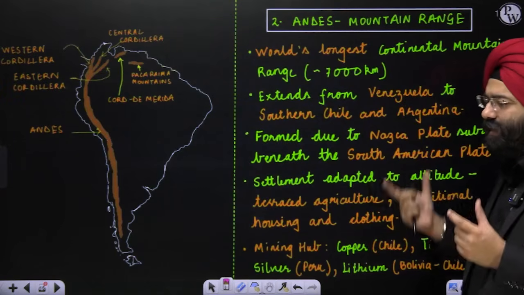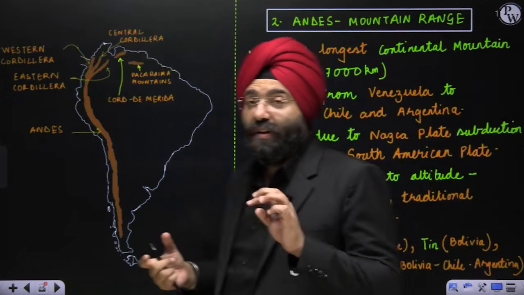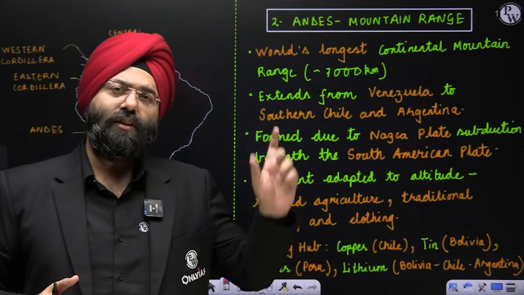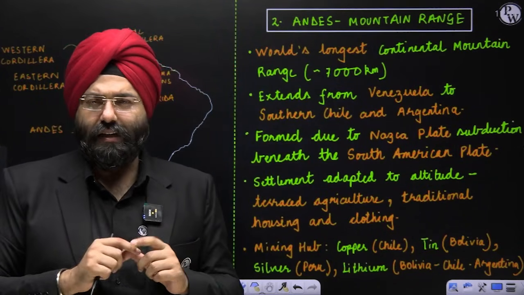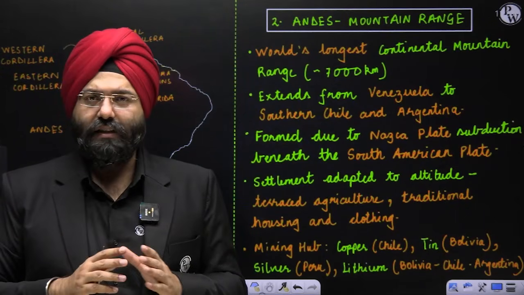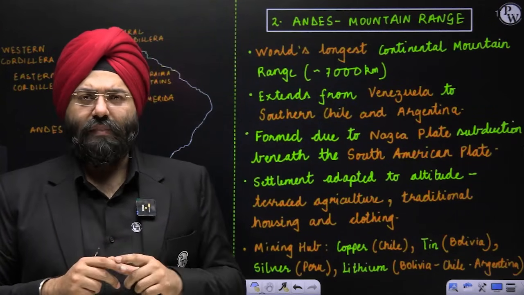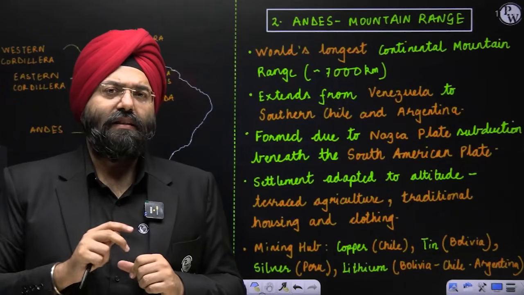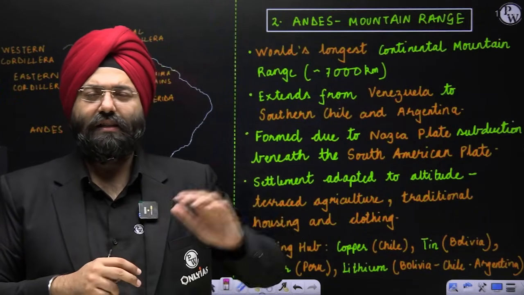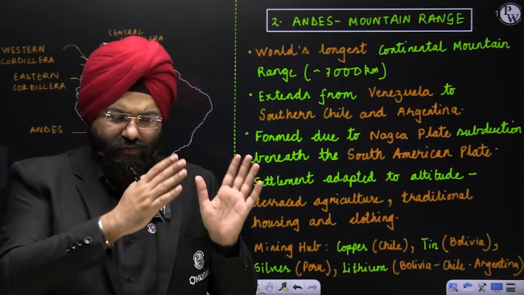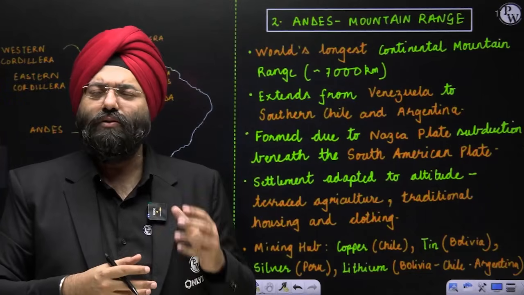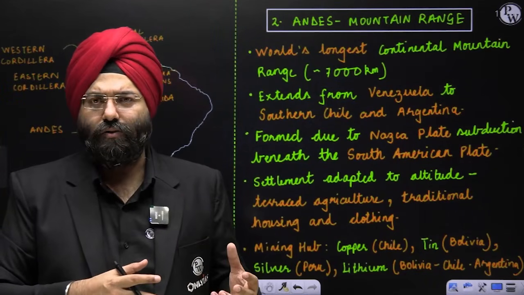You won't believe that this Nazca plate has been asked repeatedly in various state examinations and in UPSC also, a long time ago. They asked that Nazca Plate is associated with which particular continent? Once it was asked like this. So it was South America in one of the statements. Second was, Nazca Plate is associated with which mountain range? And the answers are Rockies, Andes, Himalayas, Alps, and something like that. So this was a question. In that particular case, if you have read this well, it will be very easy for you to mark. You do not have to spend energy analyzing it either, right?